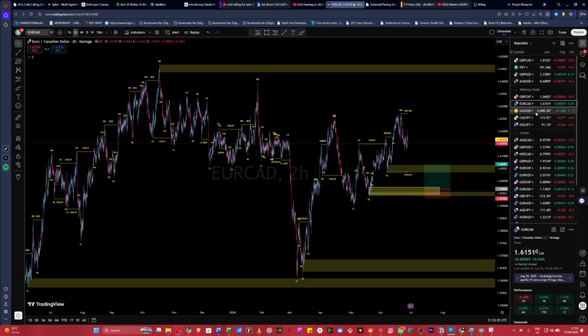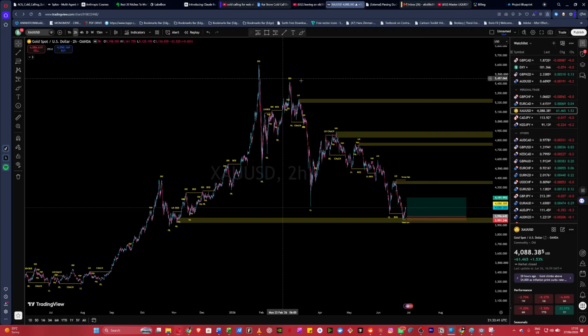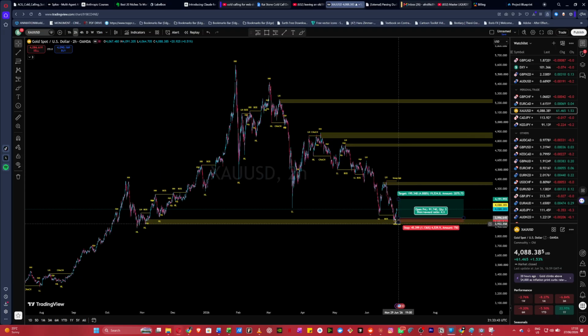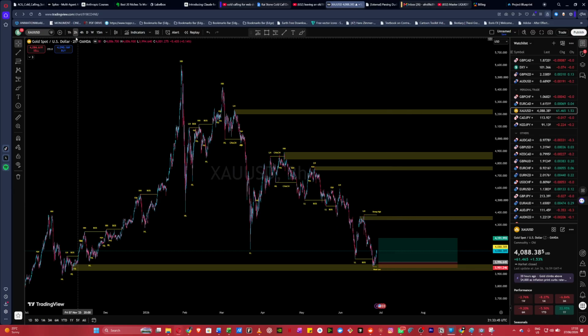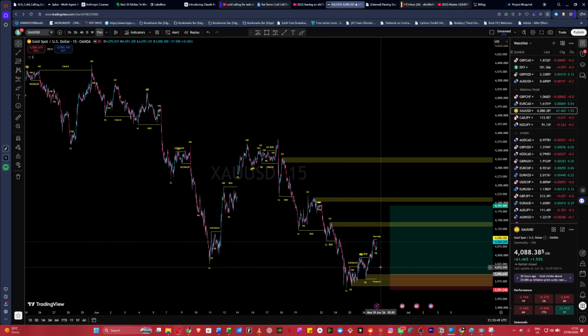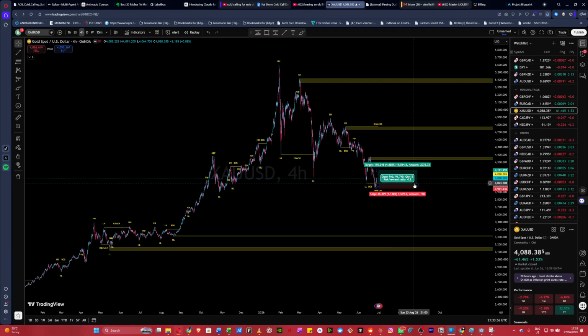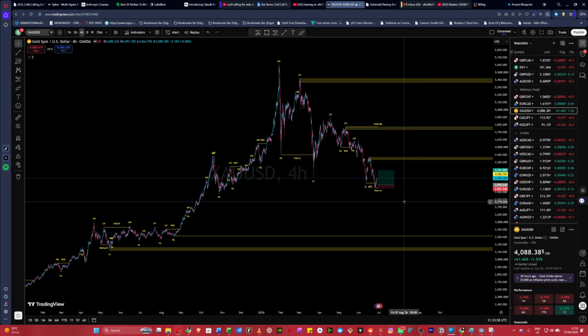So we wait. I've never traded gold before, but gold is about to be on a big buying trend. I'm not going to explain this because I don't really know how gold works. But if price comes back to this area, which it might, then I'll take it to the top. But I'll most likely not trade gold because I don't understand gold at all. I don't trade what I don't understand.